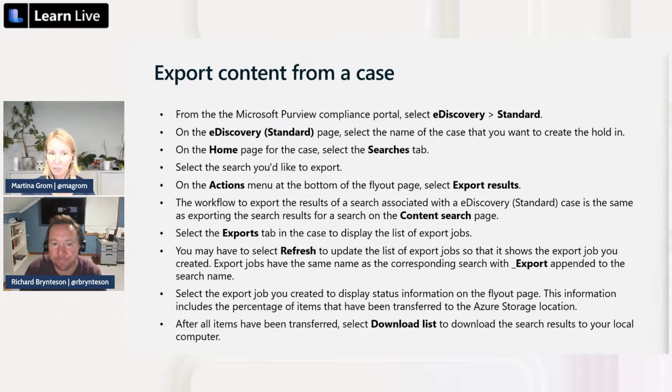Also, if you're handing over data, you can create secure keys and say, okay, this is a secure download link, which only applies to whoever needs access to that case.